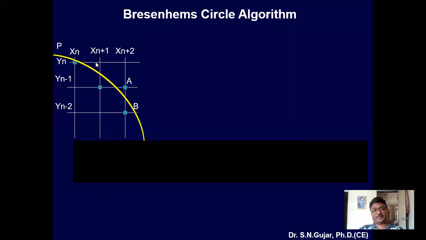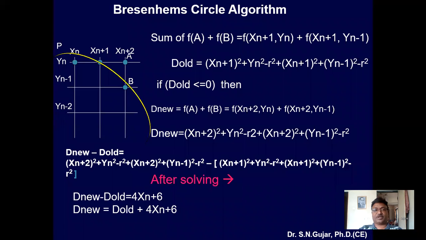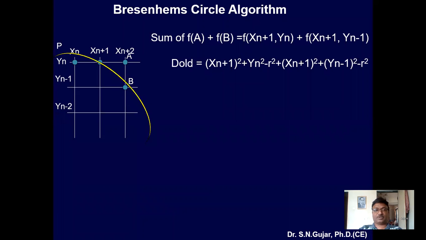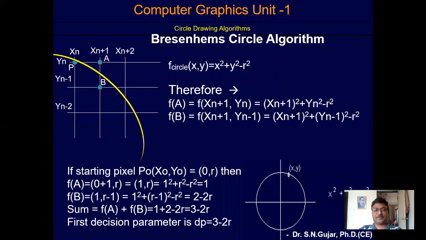See, I have put this diagram, the same diagram. I have carried forward, first I used the xn point, and then I have selected the point xn plus 1, yn minus 1. Now I have to take the decision whether I have selected this point or this point. See, I am going to repeat this again from the starting point, so those who are joining late can understand it.